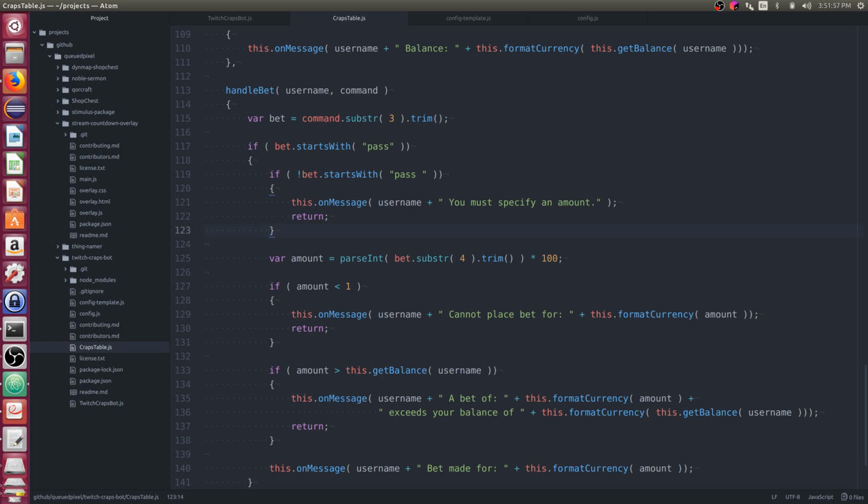And you can see that a lot of this logic is going to be very, very similar and repetitive for other bets. And so as I add in other bets in the future, I'm probably going to refactor all of this so that it's all nice and generic. But for now, we just need to support the pass line bet. Let's see, I want to clean up some of this, so let's get rid of the colons.